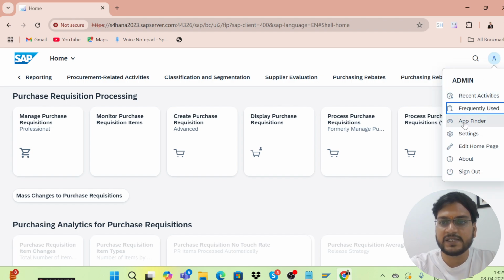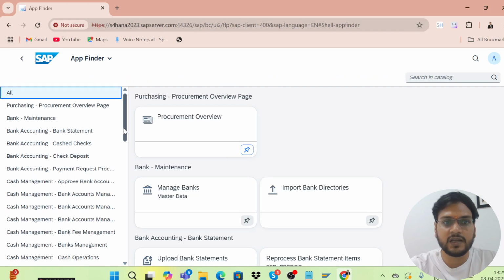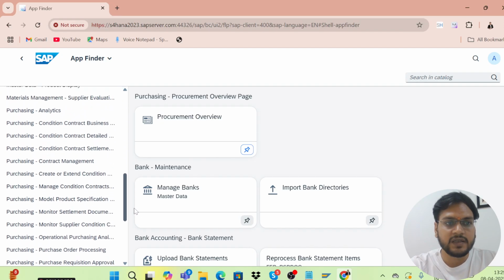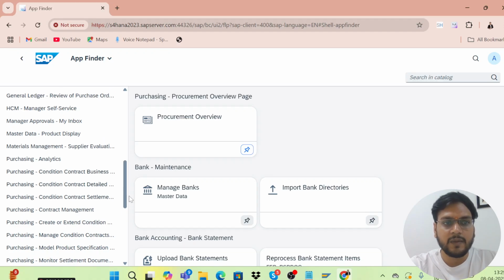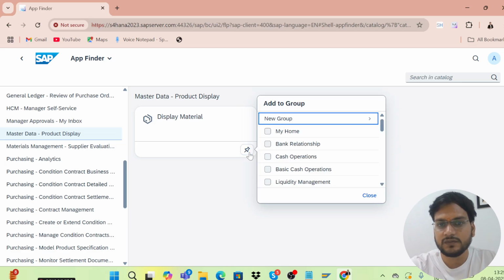Then this option is app finder. If you want to find some app that you are not able to see, you can go from here and find it. Let's suppose you want to see purchasing related or master data related tiles, you can see them from here. If you want to see display material, you can see it from here. Okay, and this is important.